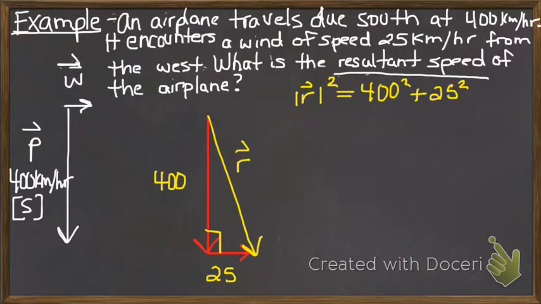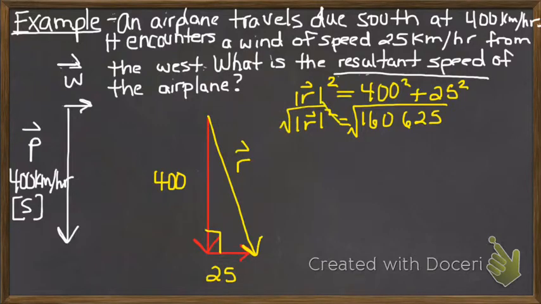And work your magic with Pythagorean's theorem. We end up with the magnitude squared equals about 160,625. We need to take the square root of both sides. That will eliminate the power of 2. And the magnitude of the resultant vector, or the magnitude of the plane, is about 400, we'll round to 1 decimal place, 0.8